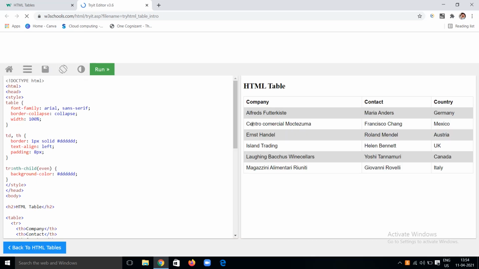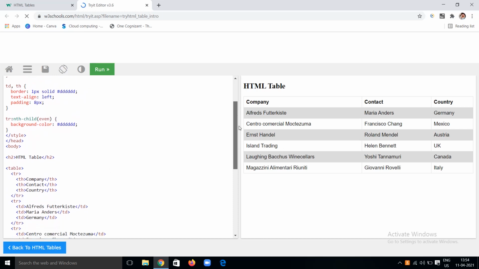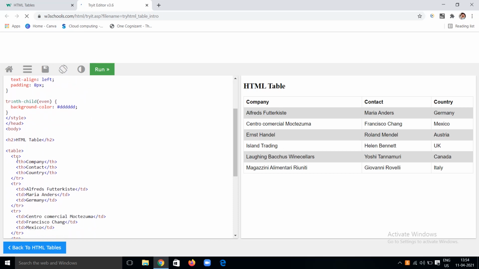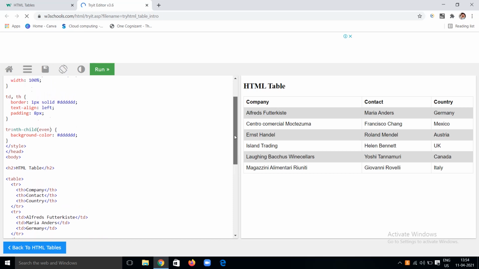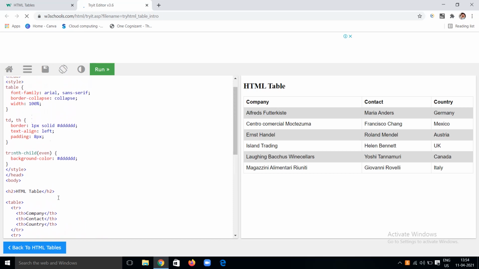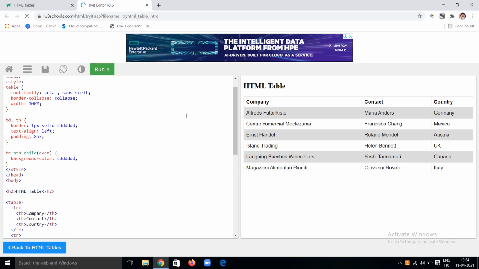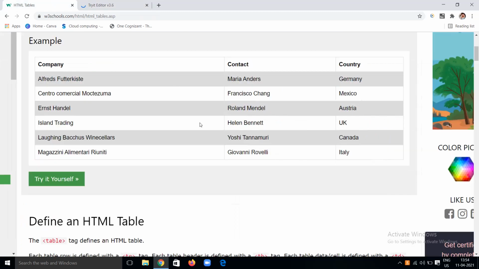Here you can see the table. In this table, what we have used to draw these tables is a table tag with tr and th. Let's know what is meant by tr and th in the coming few minutes. We will understand those things, and we can also apply styles to tags like the table tag, td tag, th tag, and many more. So let's see what is meant by these things one by one.